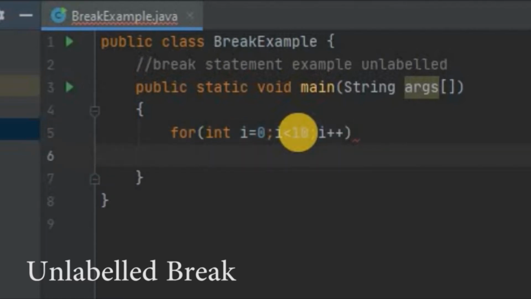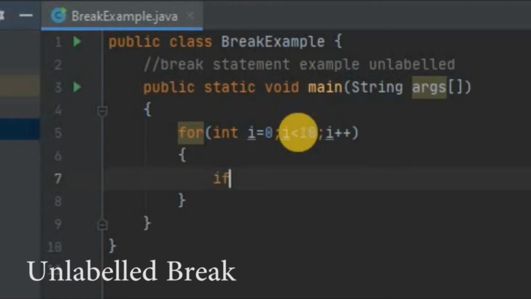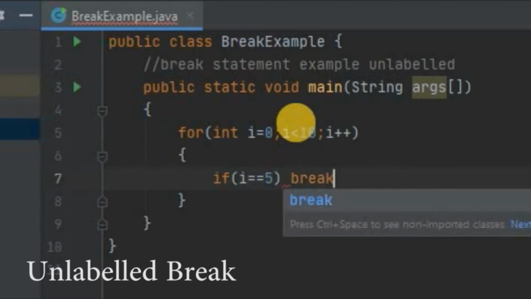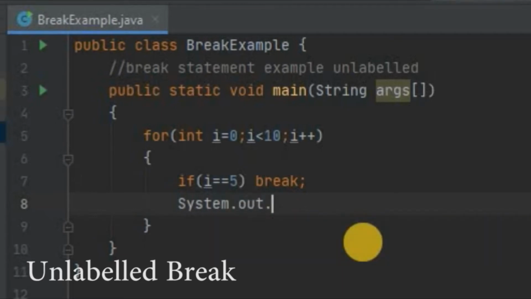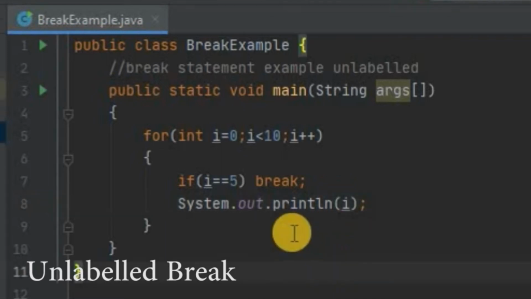Then we will add one statement, if i is equal to 5, break; Then below that we will add System.out.println. We will display i; Then we will run.